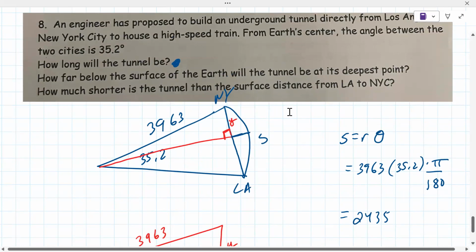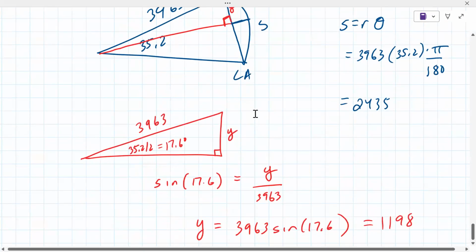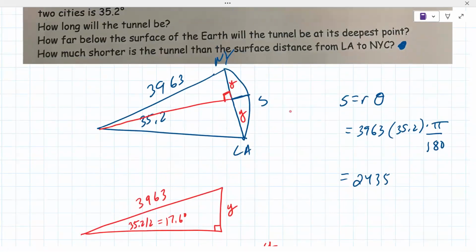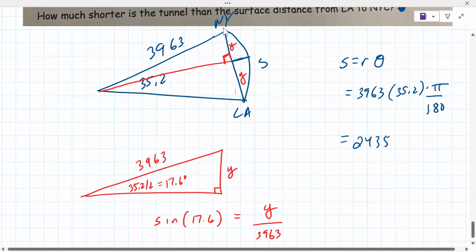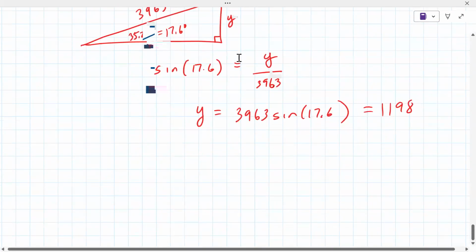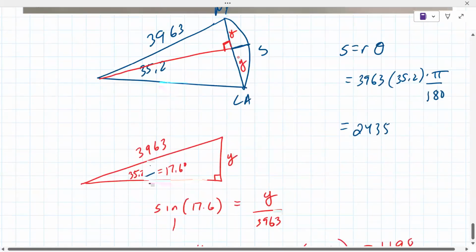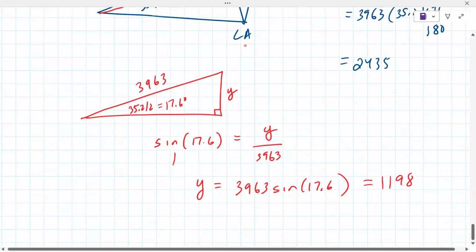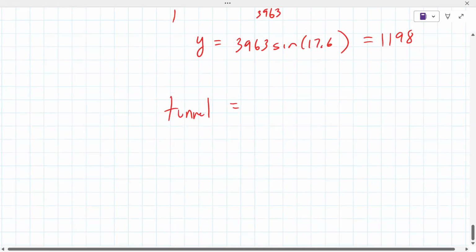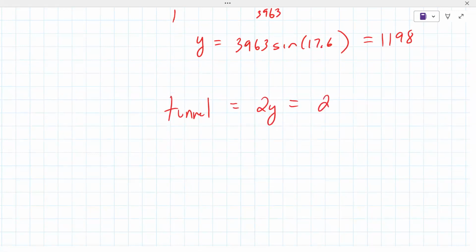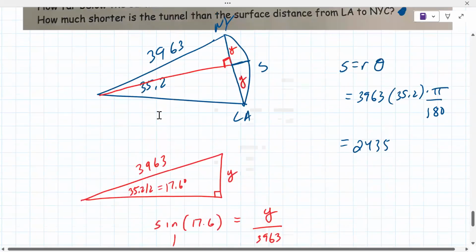Sorry. So what we calculated is actually the surface distance. The Y, 2Y is the tunnel. Sorry about that. So the tunnel is this 2Y. 2Y is the tunnel. S is the surface distance. We still need to figure out this thing right in here, which we're going to get to. So the tunnel, sorry, all the scrolling. Tunnel is right here. Tunnel is 2Y. So you can calculate that. Whatever that is, it's 2396. And so we actually do need to get this